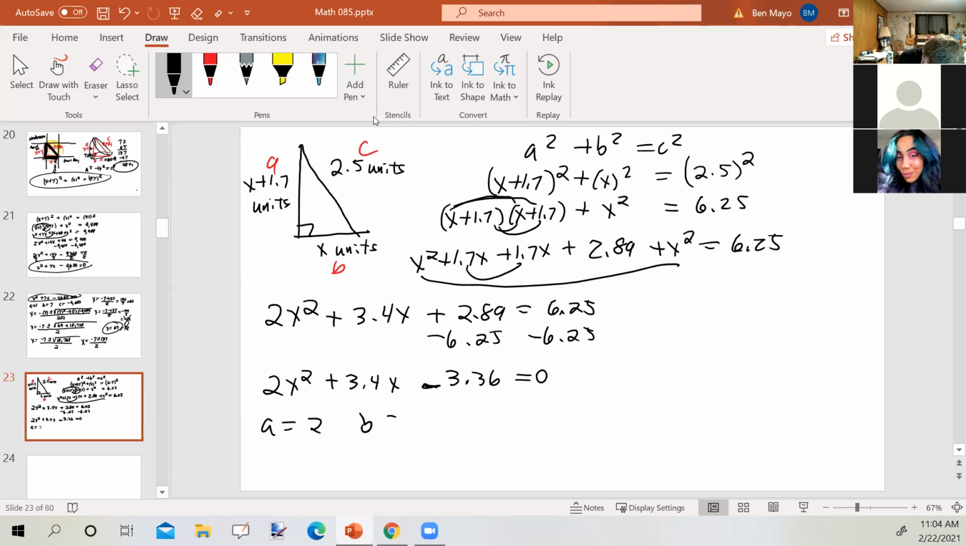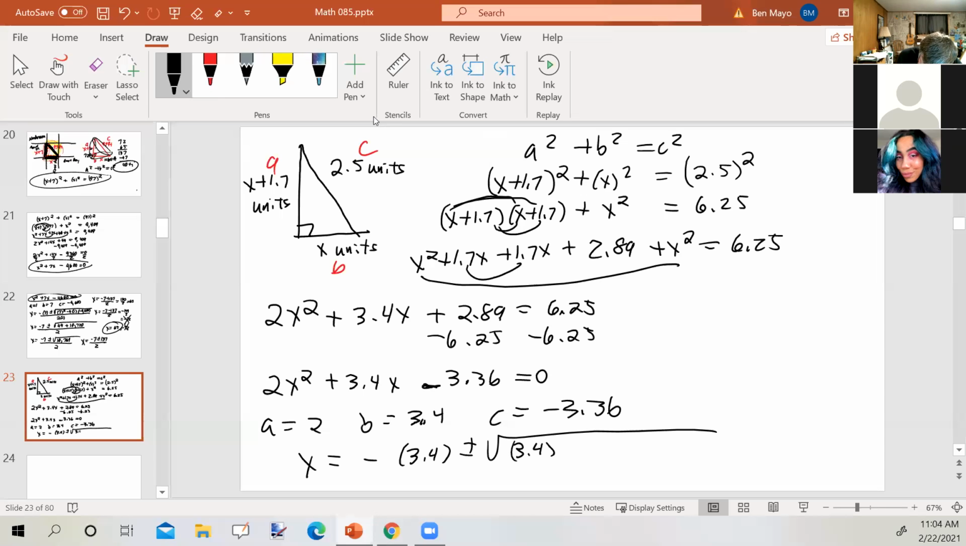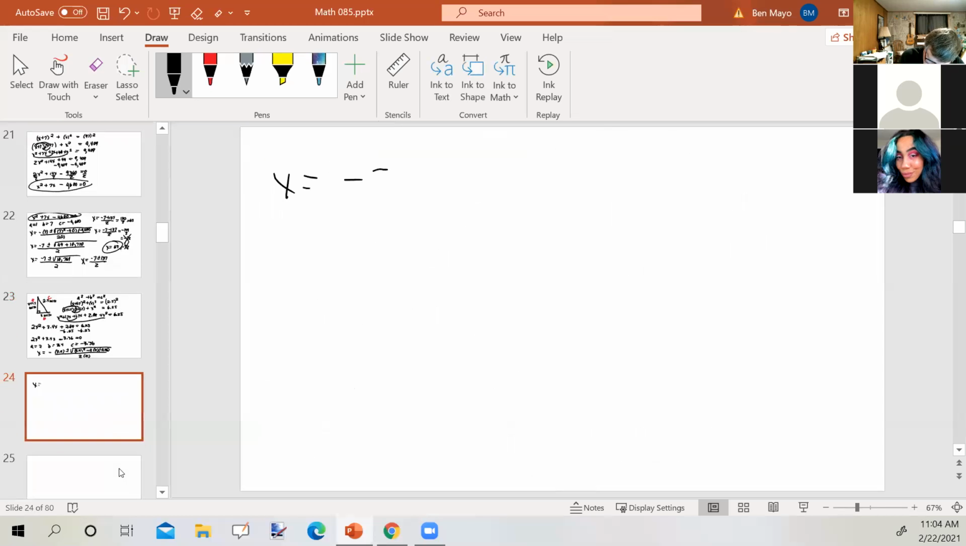A is 2. B is 3.4, we may regret it, but at least now we'll find out. And C is negative 3.36. So that means x equals negative 3.4 plus or minus the square root of 3.4, the quantity squared, minus 4 times 2 times negative 3.36, all over 2 times 2. Okay. So that's going to mean x is negative 3.4 plus or minus